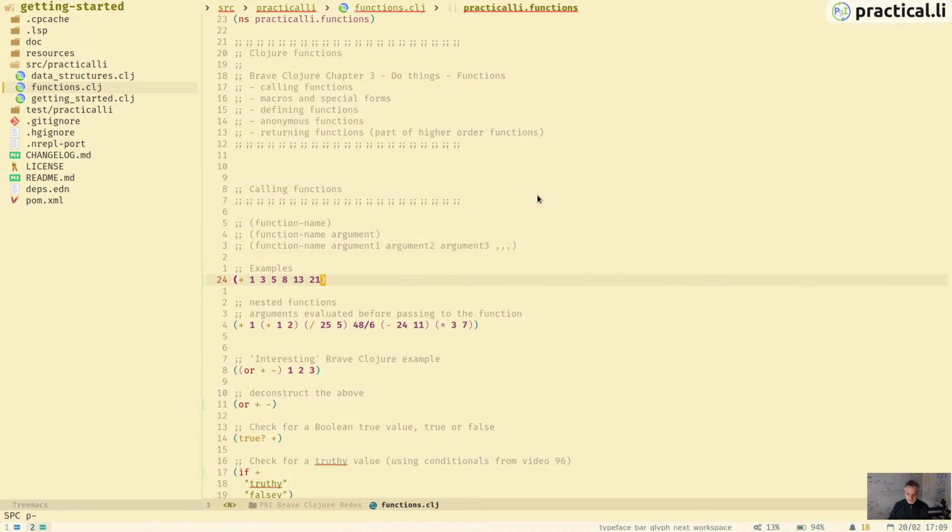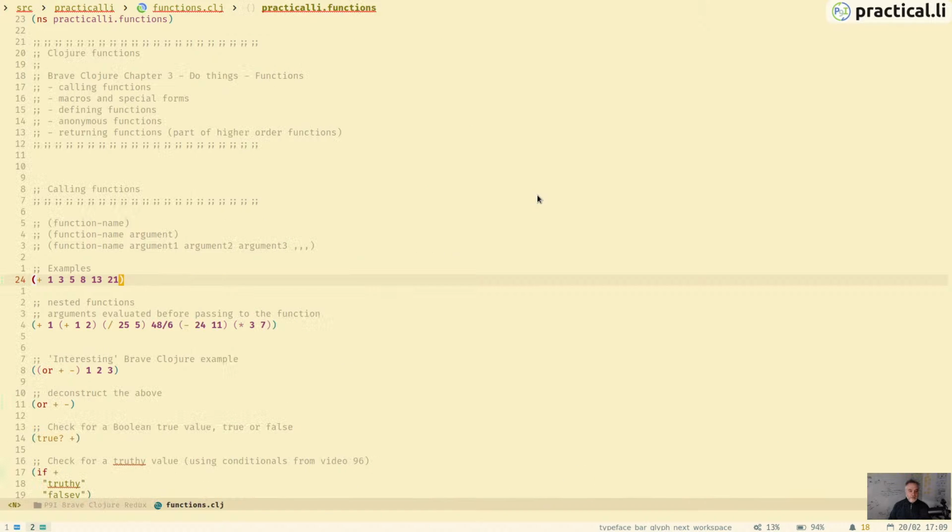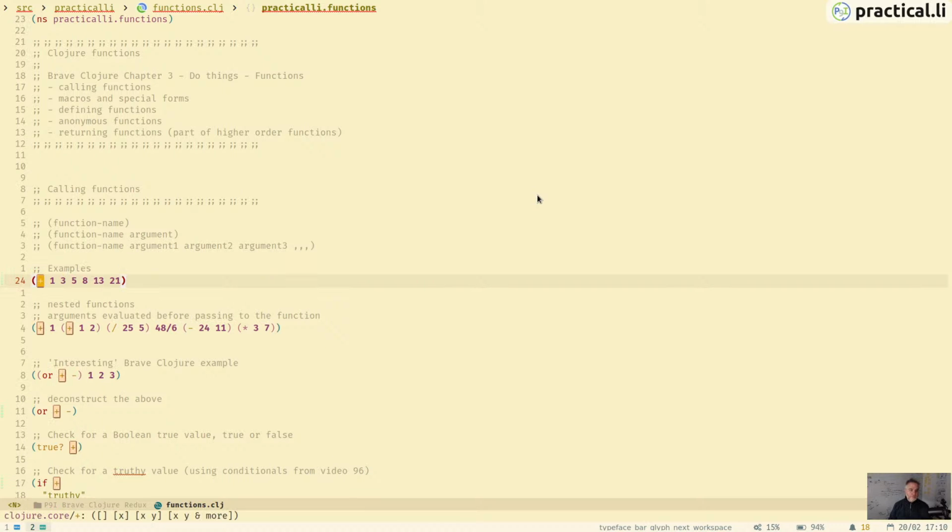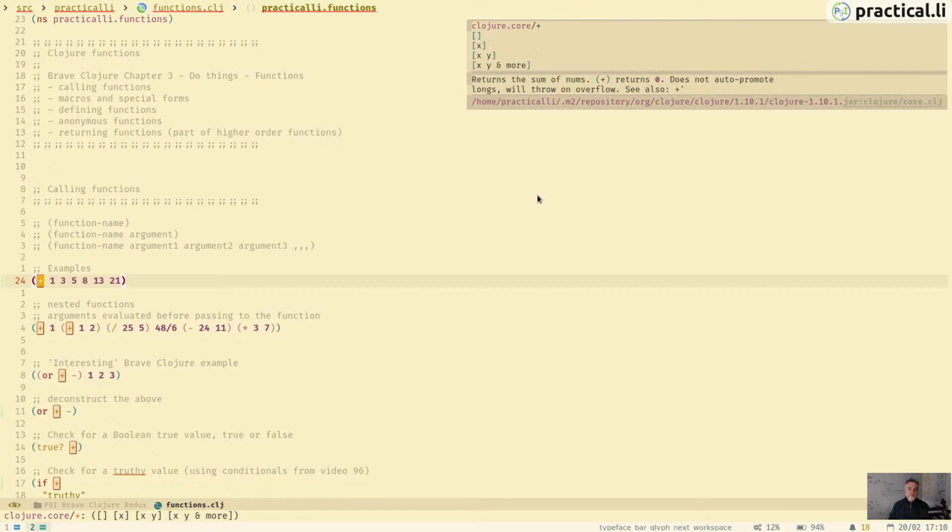So I've got the REPL running already. I'm just using Spacemacs here, but any editor will do. You can also do these in the terminal REPL UI as well, but it's nicer to do that inside an editor, a Clojure aware editor. And so I can evaluate this function call, where the first element is plus, and this is the doc string for plus. So you can see that plus will return the sum of numbers,